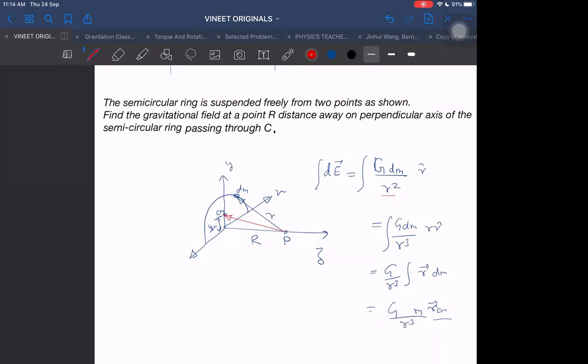So what do we get now? This is rcm, and we don't need that angle also. We need just ycm, and this is our z value. The z value is r. So I can write it as r along minus k cap plus ycm. ycm was r by root 3, along the positive k cap. This into GM by the total r value, which will be under the root r square plus r square, which will be r root 2 whole cube. This is the value of E. Now you can find its magnitude also. This was direction wise. If we are able to find direction, we can take magnitude as well.